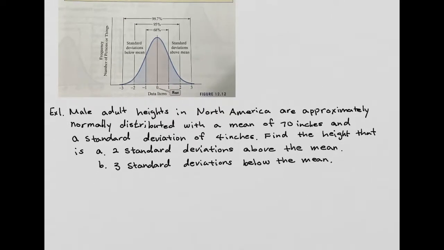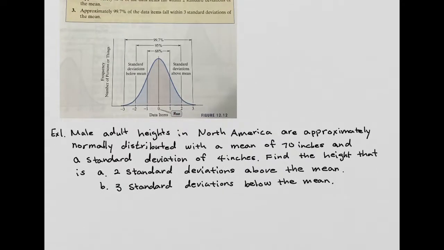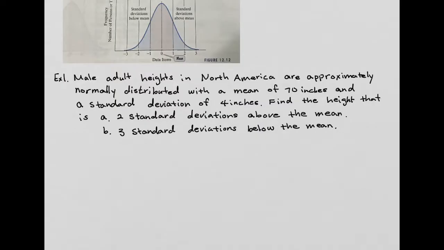Example 1 is asking: male adult heights in North America are approximately normally distributed. In order to use the normal distribution rules, the problem has to mention that it's normally distributed, with a mean of 70. So your mean is given as 70 inches and the standard deviation is 4 inches. Find the heights that are A, 2 standard deviations above the mean, and B, 3 standard deviations below the mean. So if we want to answer A first,